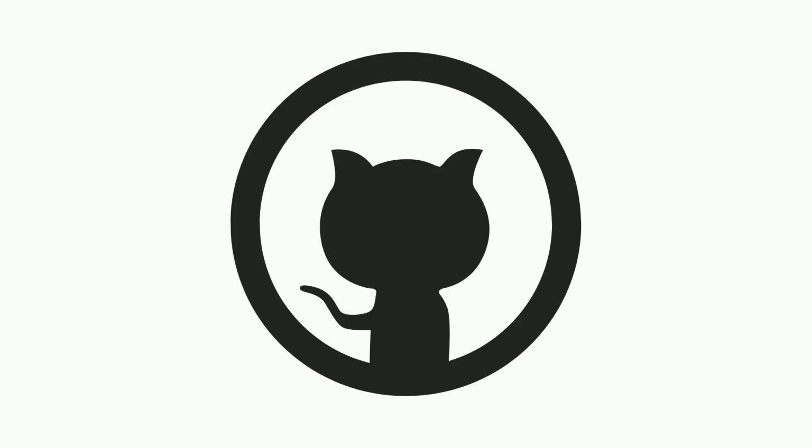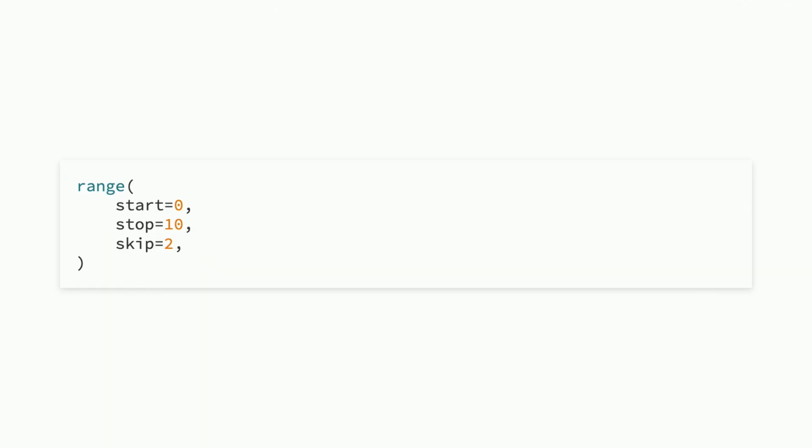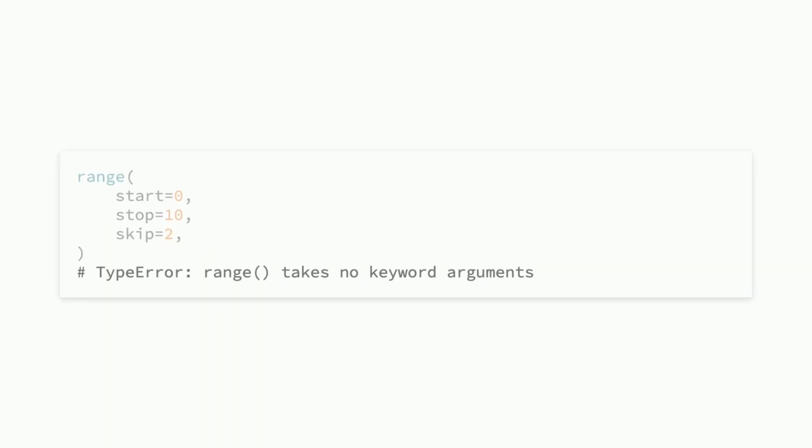So if mitigating human errors excites you, I'd love to collaborate with you and see how we can better communicate this and create more tools. Or if I've inspired you enough to start using this paradigm in your code day to day, here are some things that might be worth noting. For one, you may notice in your excitement to use keyword arguments for all of your function calls that not all functions are happy with that.